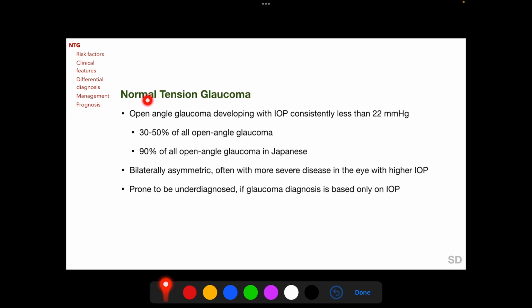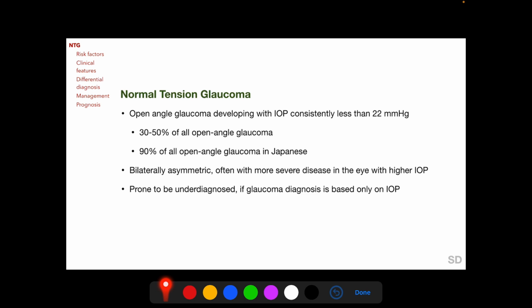Normal tension glaucoma is an open-angle glaucoma in which IOP is consistently less than 22 millimeters of mercury, and this is an important figure to remember. Normal tension glaucoma has been found to constitute 30 to 50% of all open-angle glaucoma cases. And in Japan, more than 90% of all open-angle glaucoma patients have been found to have intraocular pressure less than